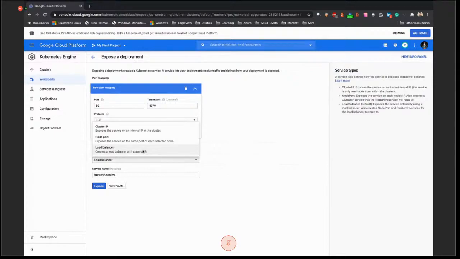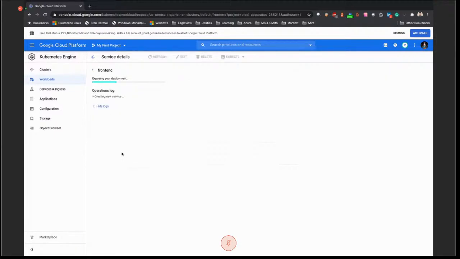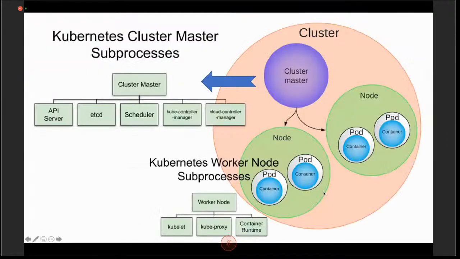So in this case, we will put a load balancer and we'll say just expose this, and that's when you'll see there is a service that gets created under the services and ingress, right? So it is waiting for a load balancer with external IP. If it gets one, then it will get created, right? So I'm not going to hold on there. Let's go back to the stuff that we were doing. Let's see. That was the original thing where we were.